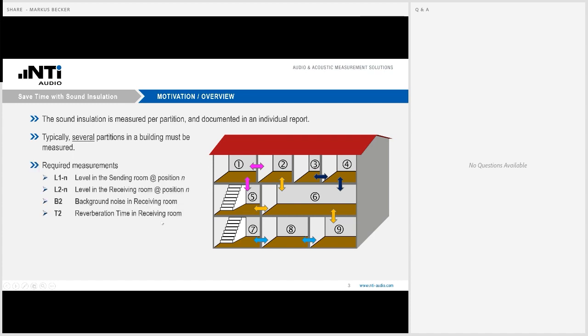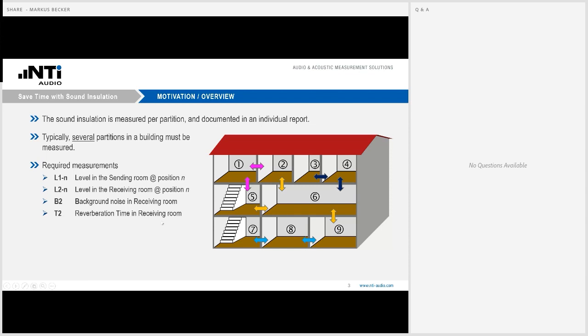The detailed execution of a sound insulation measurement, where to position the sound source, and so on and so forth, has already been covered in a previous webinar, which you will find on our website. So we will not go too much into these details. We will rather focus on the efficiency aspect.